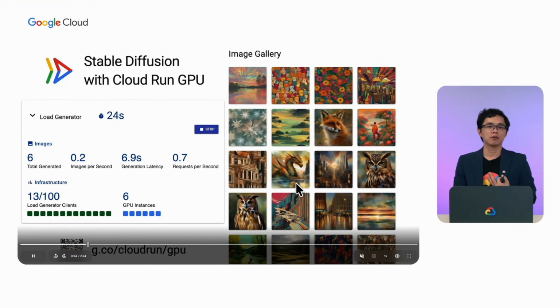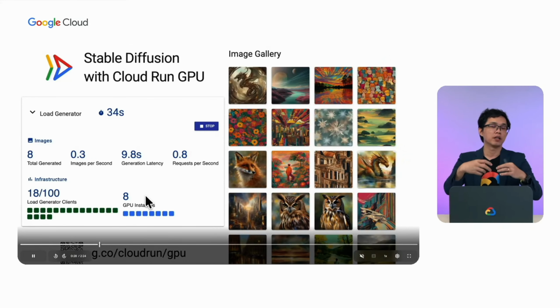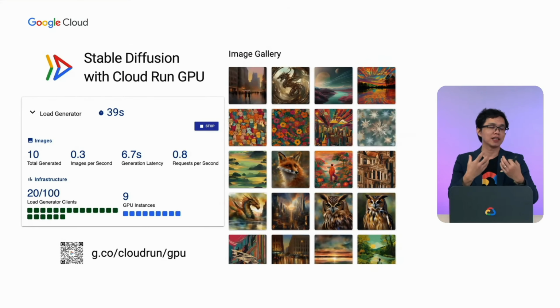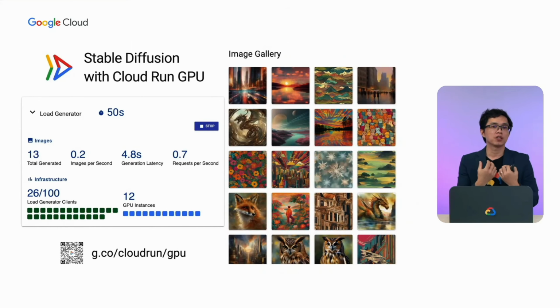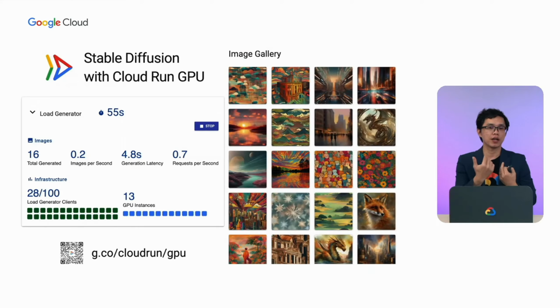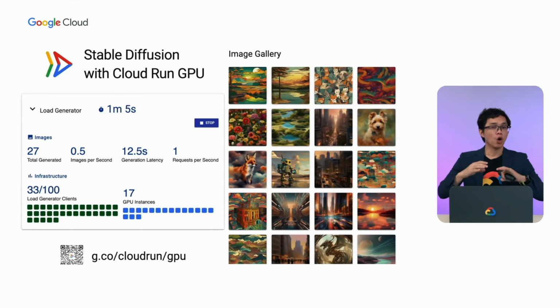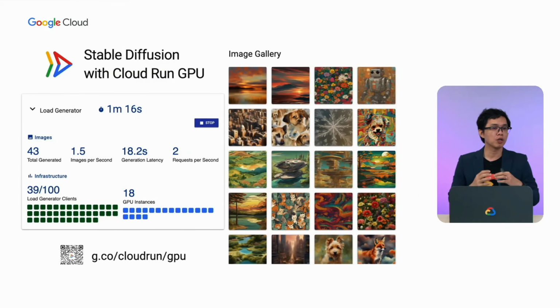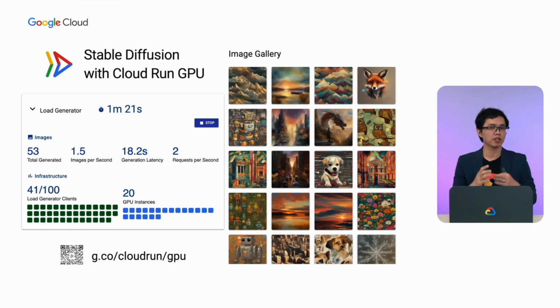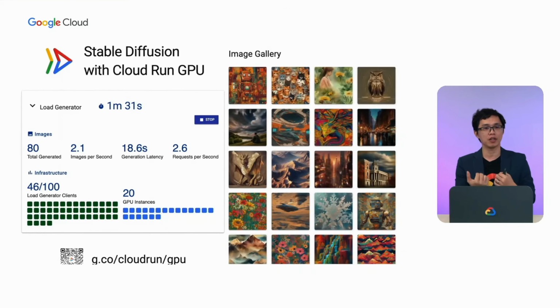If you are paying attention to the middle of the screen, you will see that while the number of load generator clients increases, the number of GPU instances also increases accordingly to ensure that we have enough resources to serve the requests. Also pay attention to the middle screen where we show the number of images generated per second,